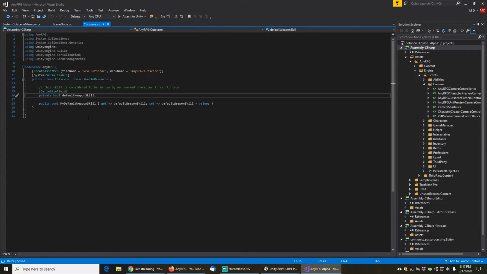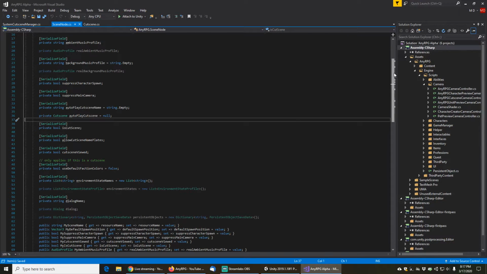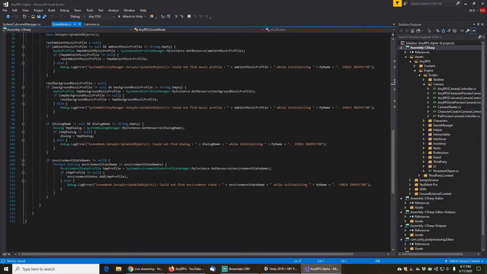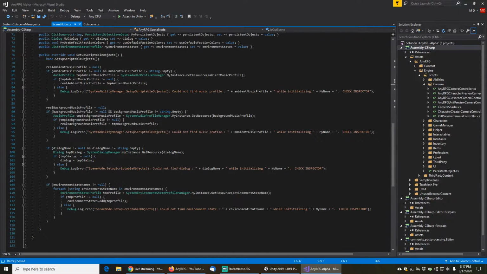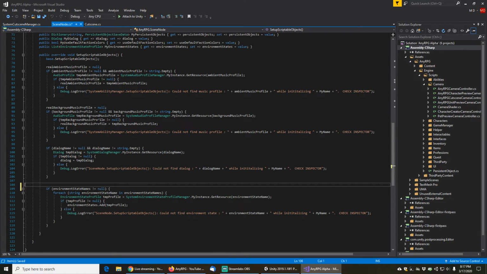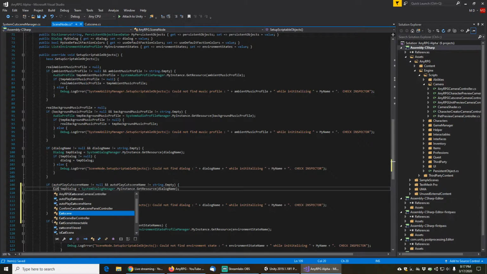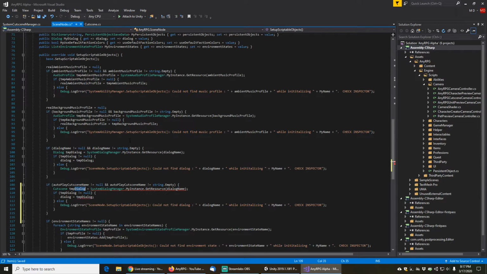Alright, so now our scene node will basically need to initialize the cutscene. So we have this set up scriptable objects method at the bottom, which is where we initialize references to all other scriptable objects. So what I'll do here is just set if autoplay cutscene name does not equal null and autoplay cutscene name does not equal string.empty, then we want to have a cutscene temp cutscene equals system